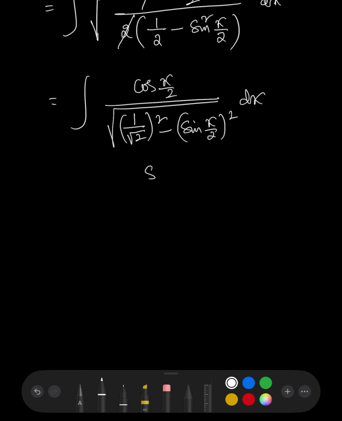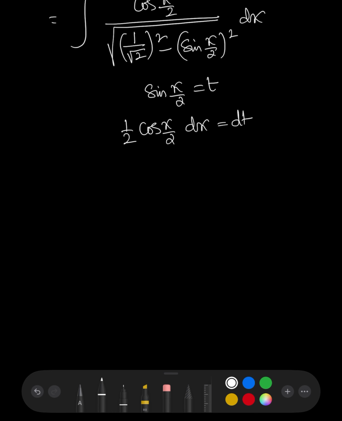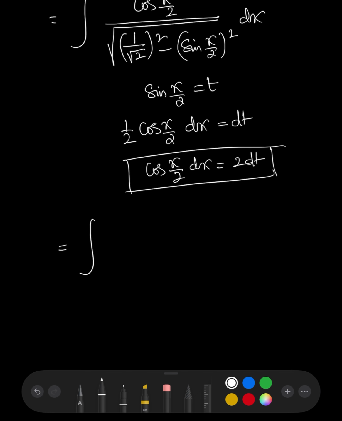So I can write this one as sin x by 2 equal to t, the differentiation is cos x by 2 into 1 by 2 dx equal to dt. So cos x by 2 into dx we can write as 2 into dt. So integration of the numerator will become 2 into dt by root over (1 by root 2 whole square minus